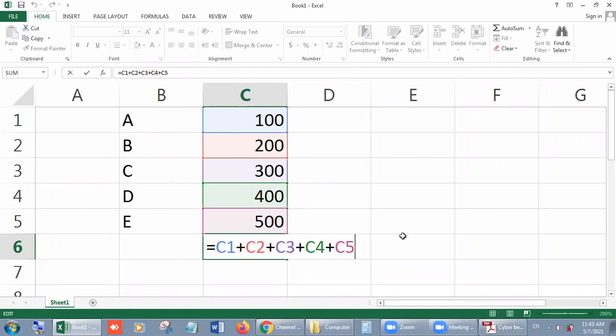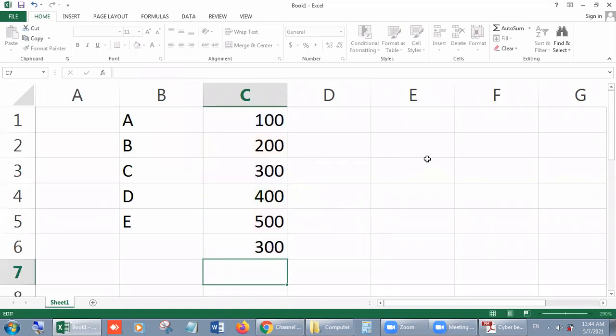So suppose we want to calculate the average, then put them into the bracket and at the last press the divide sign. In computer we use the slash sign, forward slash sign, for division. और ये now number of items, how many values or items we have, 1 2 3 4 5. Now press 5 and press the enter key.